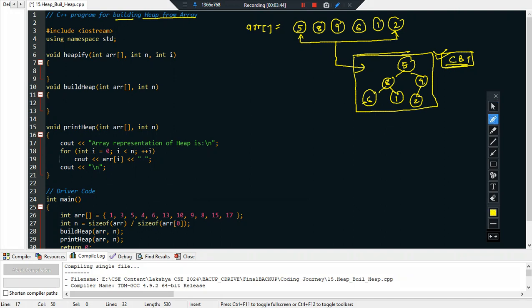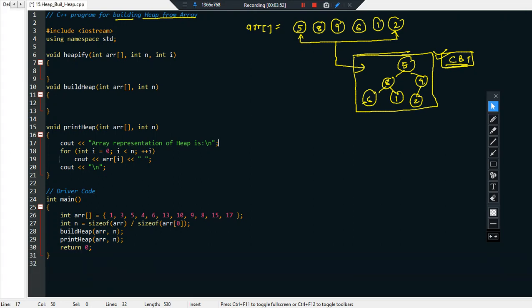So the algorithm says that once you have the tree with you, like 5, 8, and you know that it is satisfying the shape property, now if you want to convert it into a max heap, you take the last element of its level order traversal.